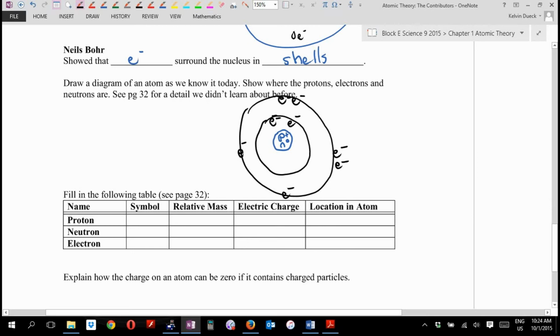I'll stop there, but you could add 7 and 8. Then if you wanted to add a 9th, it wouldn't work. Boom, that would go in the next shell. And it was weird because he found it was impossible for the electrons